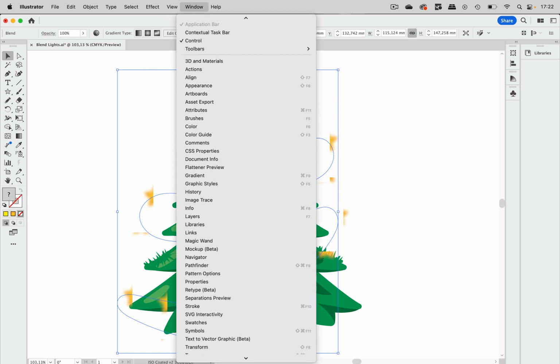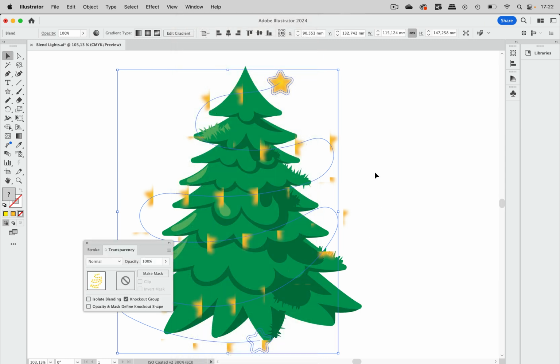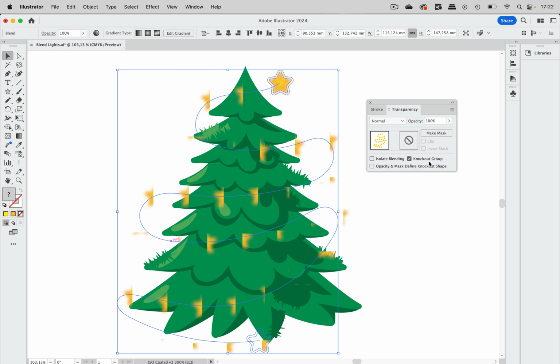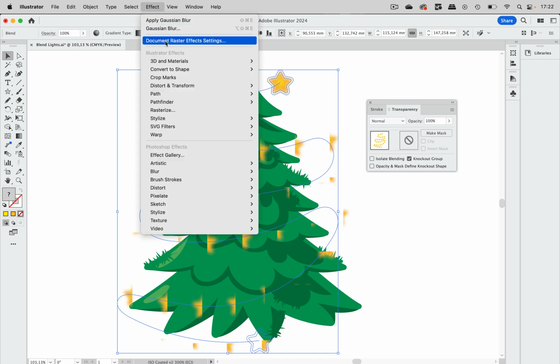Let's go to Window, Transparency and let's check this out. And you see, this is a knockout group. A knockout group causes this. There's transparency in this, the Gaussian blur makes it, and the square is caused by a setting in the document